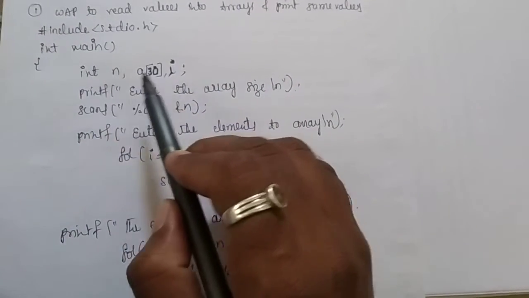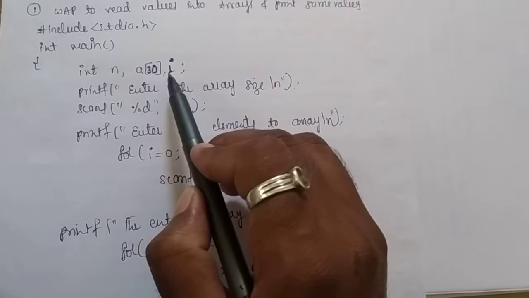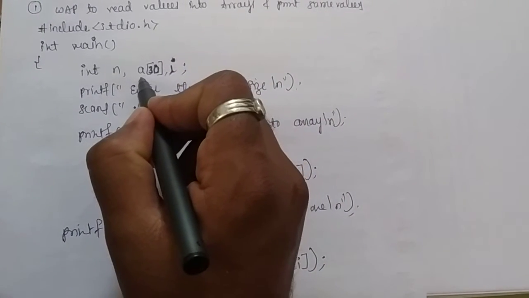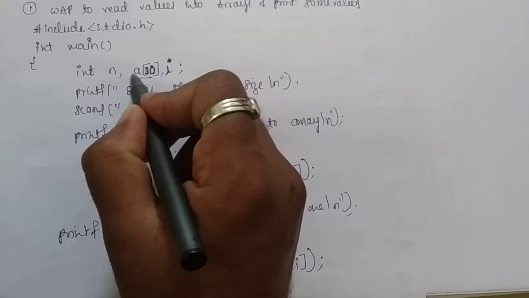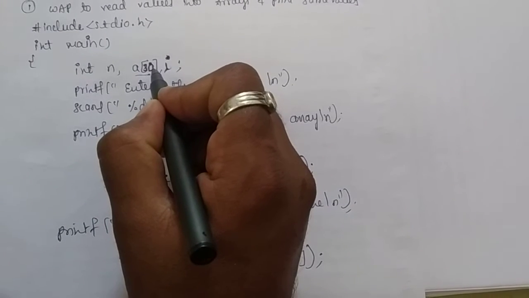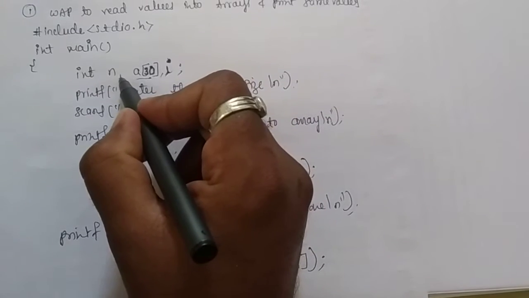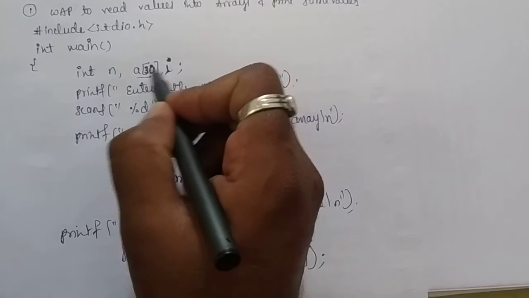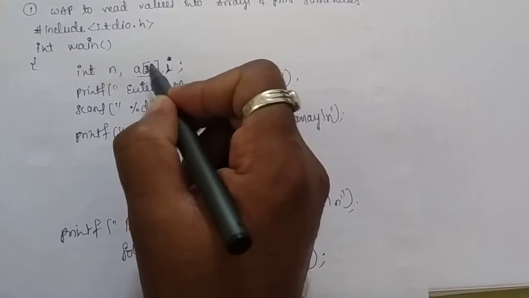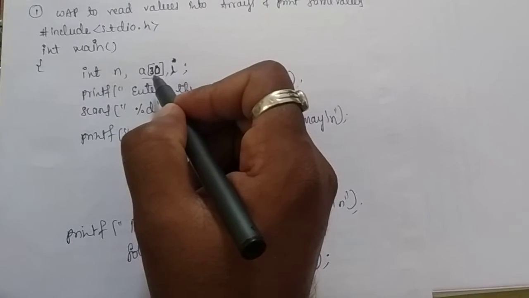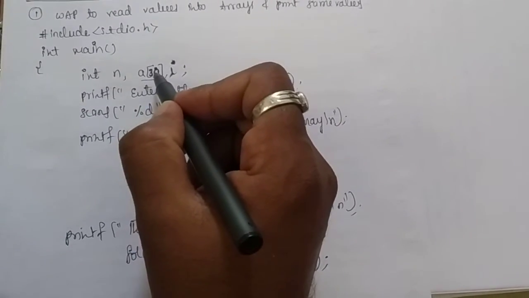Then int n, a[30], i. What is this a[30]? This is an array of 30 elements. This program can contain a maximum of 30 elements. So these three variables we are using: n, a[30], and i. Out of that, one is the array variable. Here a[30] means